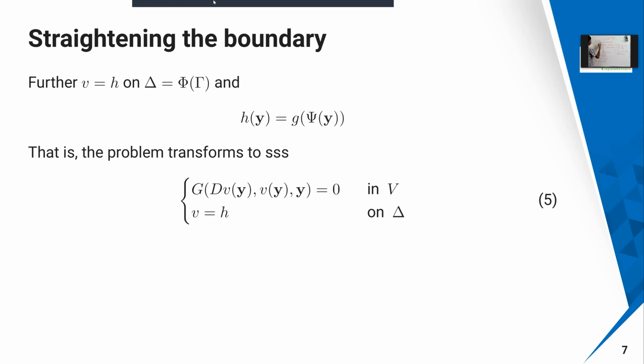Correspondingly, you are going to get a function here in terms of this pi and psi. So what you are going to get is g of dv. Okay, so v is a mapping. v is equal to u of pi of y, because here u is there. So I am just mapping v of y equal to u of pi of y, which is going to be g of dv comma v comma y, which is on the pi of omega domain.